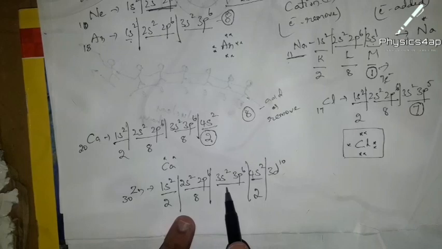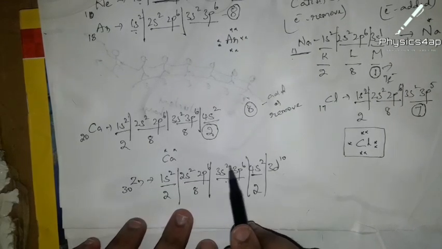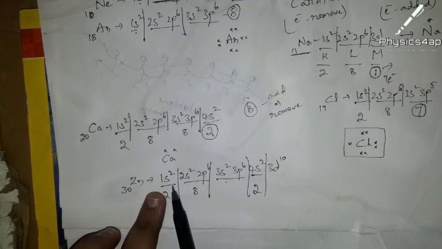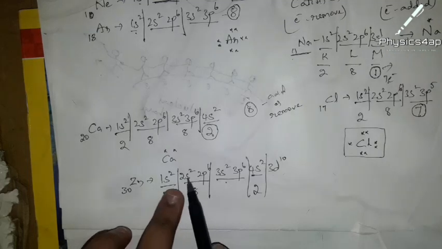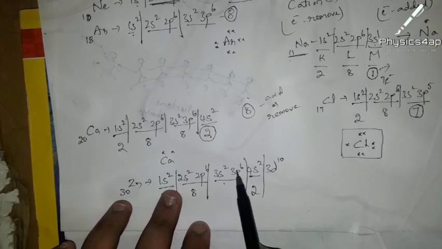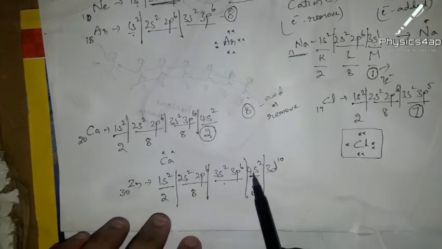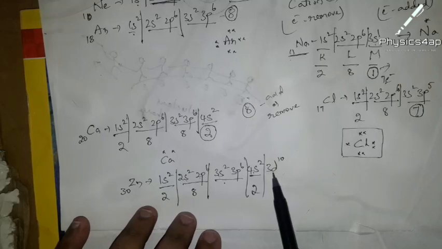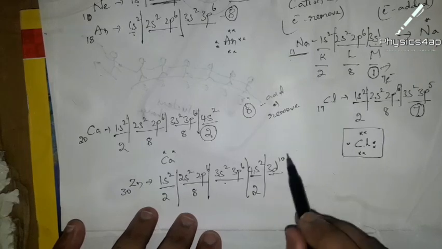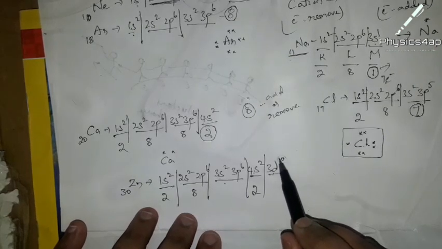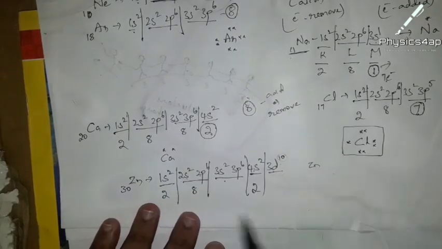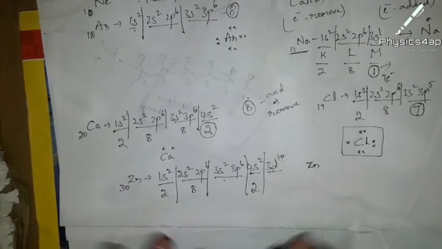Now coming to the third orbit over here. For the third orbit we cannot say that we have 6 plus 2, 8 electrons, we cannot write it. Why? Because the leading number represents the shells, which we call the periods. Here 2s 2p is the second period, 3s 3p is the third period, 4s is the fourth period or fourth shell, and again we got the 3d here. So 3d10 has 10 electrons, and the 10 cannot be placed around zinc, representing Zn and putting 10 dots around it. That's not necessary, that's wrong.